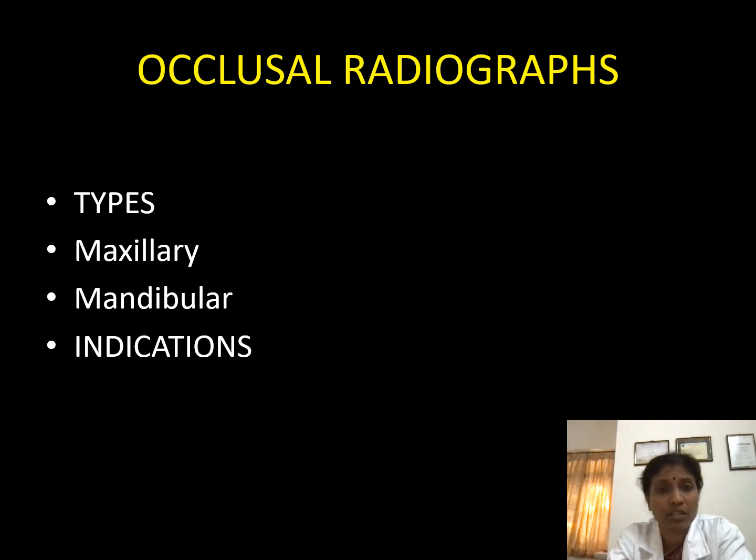Now the third type of intraoral radiographs are the occlusal radiographs. Occlusal radiographs, when compared to periapical, cover a larger area of the teeth and the surrounding bone. They are broadly classified into maxillary and mandibular. The maxillary occlusal cross-sectional radiographs cover the teeth from the last molar to the contralateral last molar. Maxillary lateral occlusal radiographs cover the teeth from the last molar to the contralateral lateral incisor, and the maxillary topographic occlusal radiographs cover the teeth from canine to canine region.